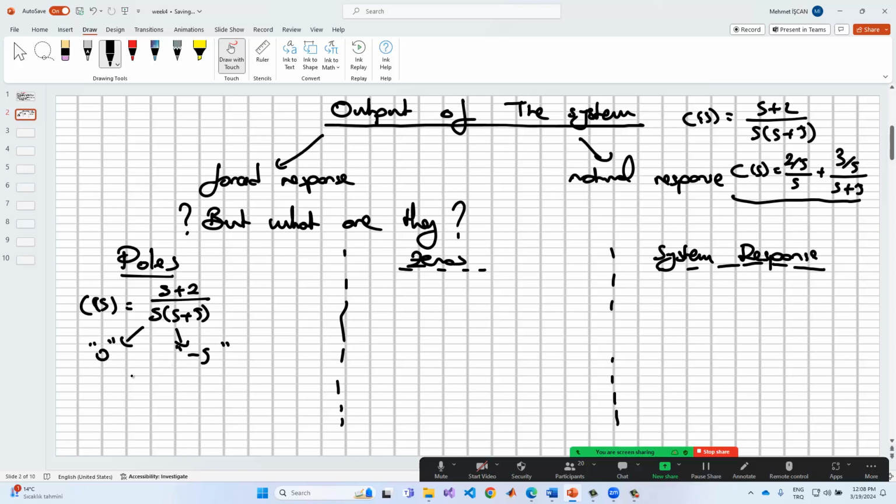We are calling this number a pole, and so it's directly related to the denominator of our transfer functions. Okay, and so this determines the characteristics of time response. Okay,